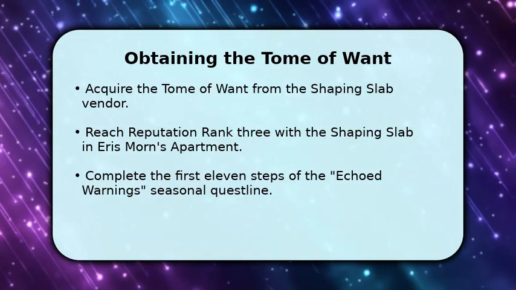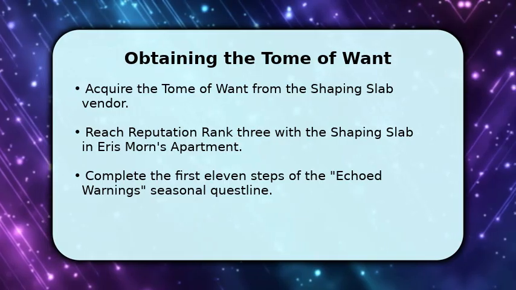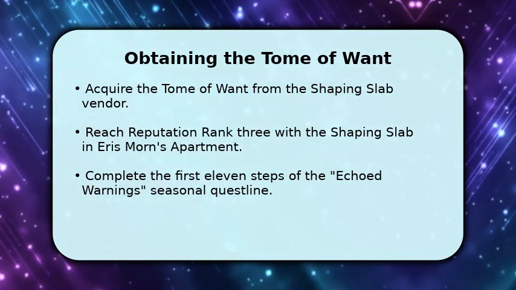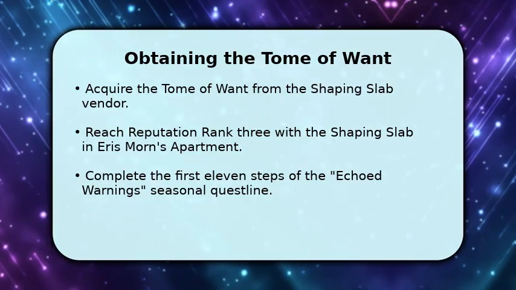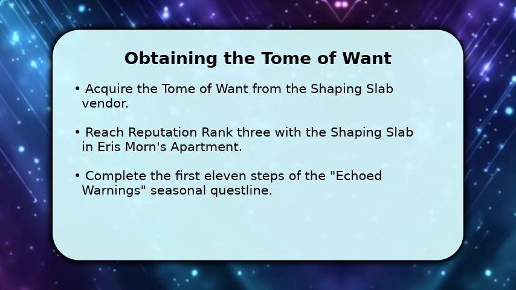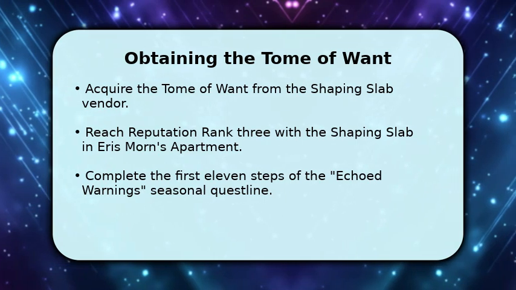This essential item is obtained from the Shaping Slab vendor, conveniently located within Eris Morn's apartment. You must achieve Reputation Rank 3 with the Shaping Slab and diligently complete the initial 11 steps of the Echoed Warnings seasonal questline. Once these specific requirements are met, the powerful Tome of Want becomes available for you to claim